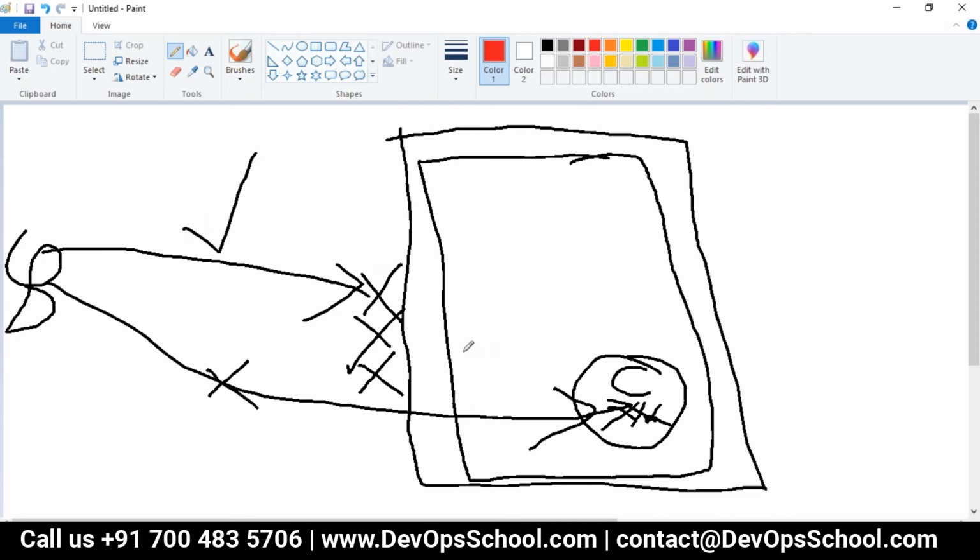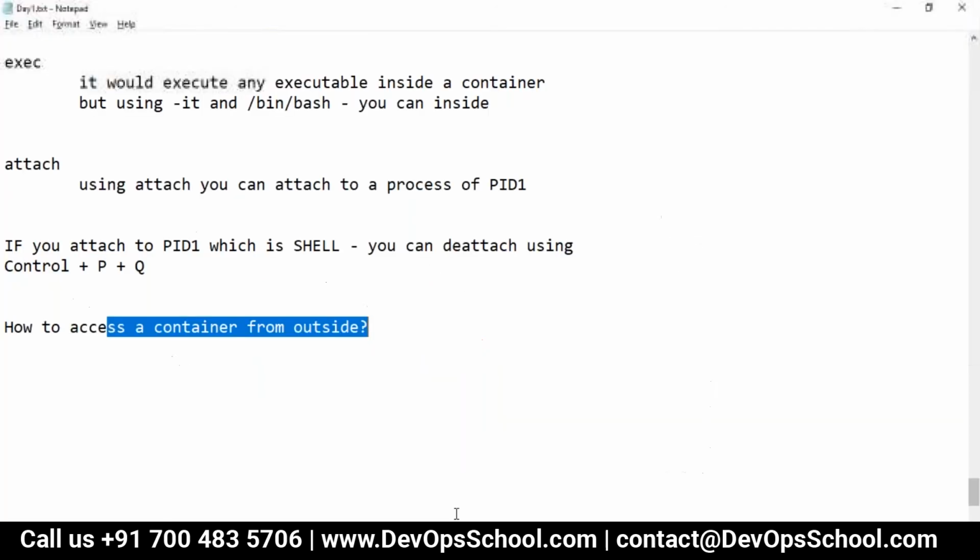We have to create a port forwarding. How? If I hit the host at a certain port number, then from here it should redirect to the container. So this is called the port forwarding concept. All this, you set up at this place. Did you understand the port forwarding concept? Yes, sir.